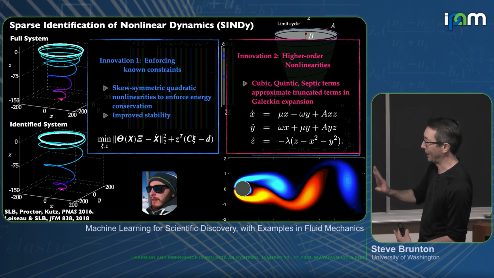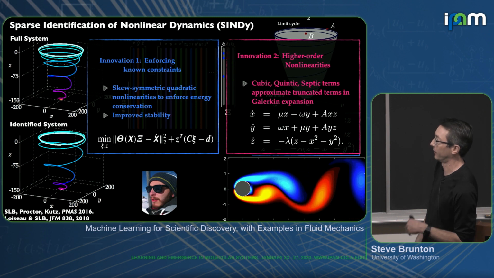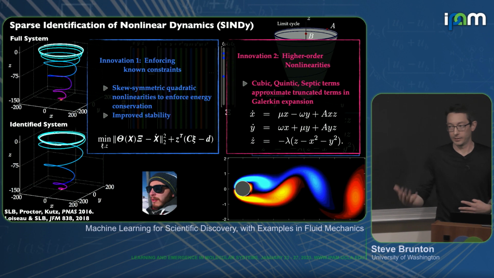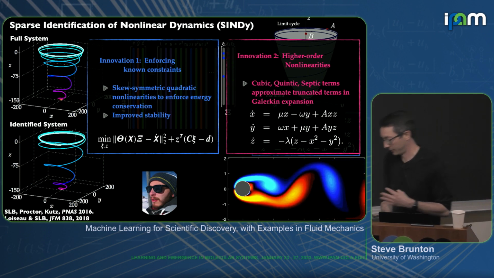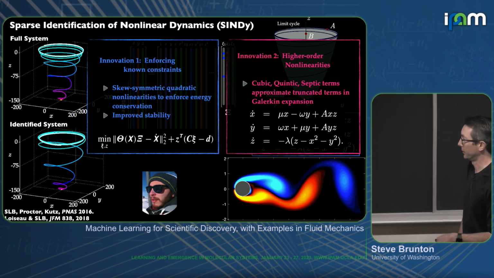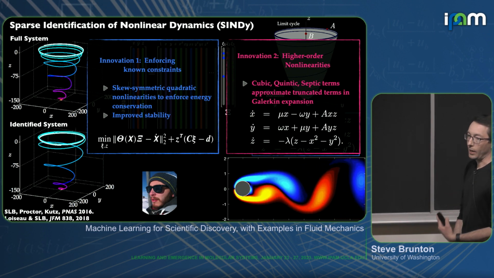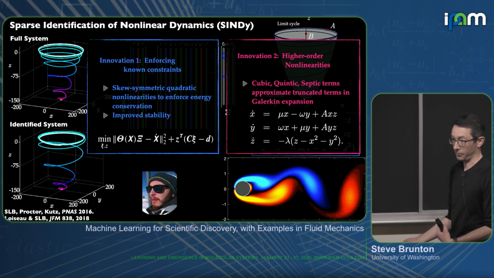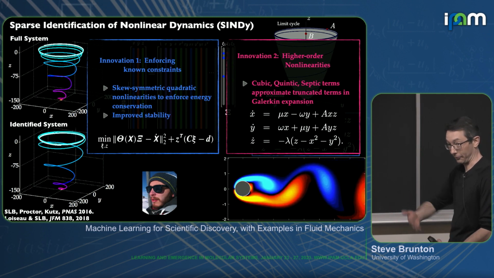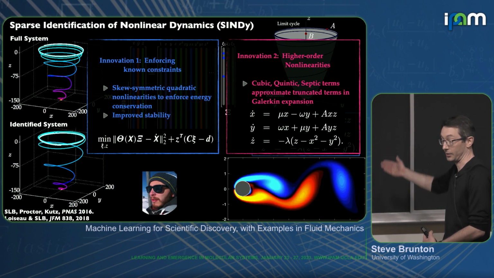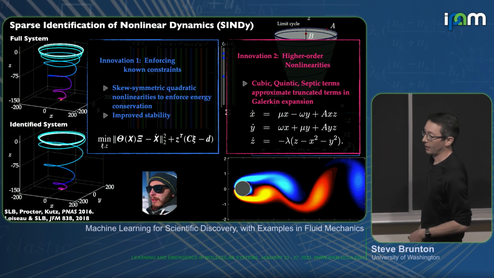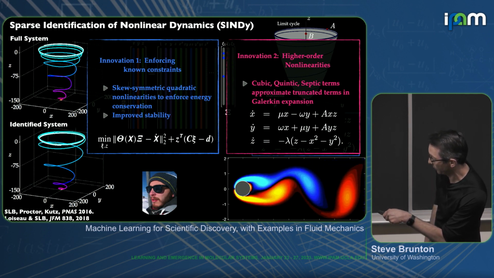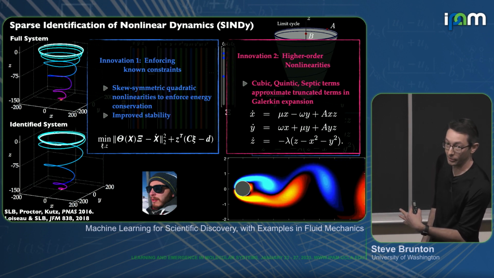And so I'm going to tell you one of my absolute favorite stories. JC is brilliant and has been a pleasure to work with. And he has 2 of the best innovations to this algorithm that I want to tell you about today. The first one, I think, is very relevant to you all. Because of the way that we enforce sparsity in our model by doing a sequentially thresholded least squares, we can add constraints at every stage, every time we do a least squares. Very, very simply, using a KKT least squares, we can add constraint equations on those coefficients C that we want to be sparse.